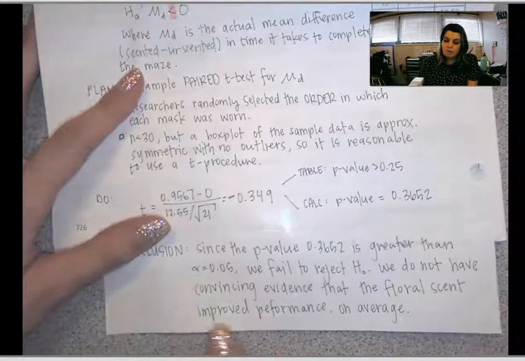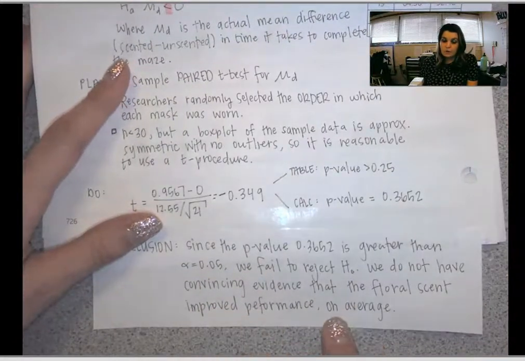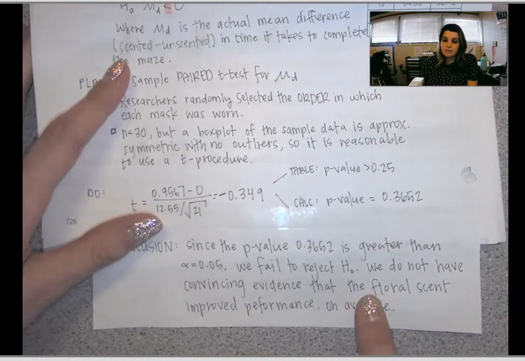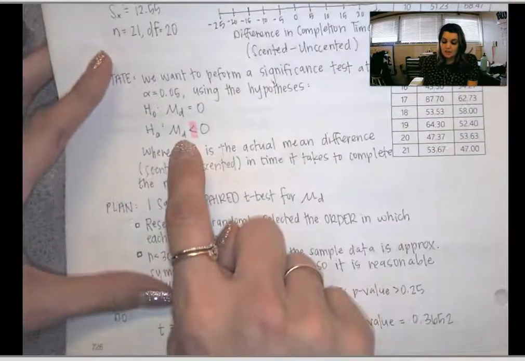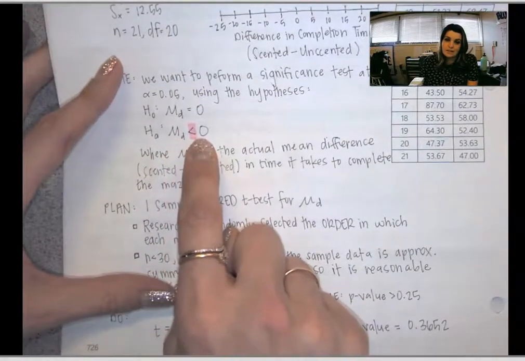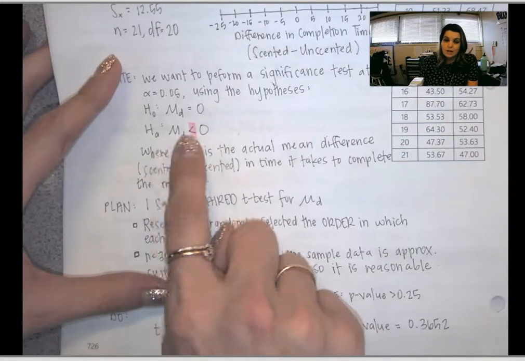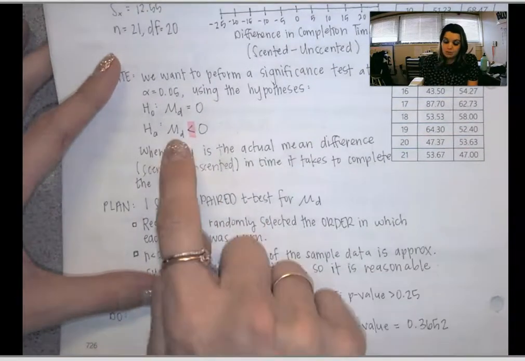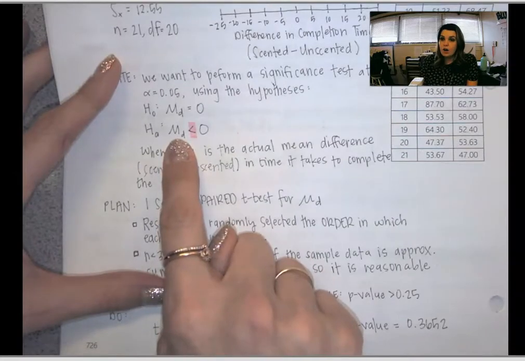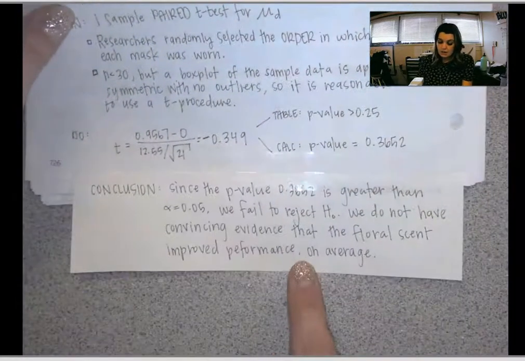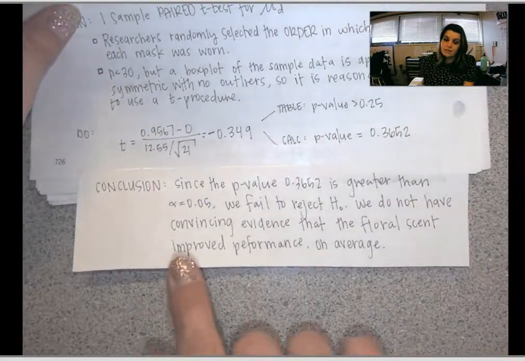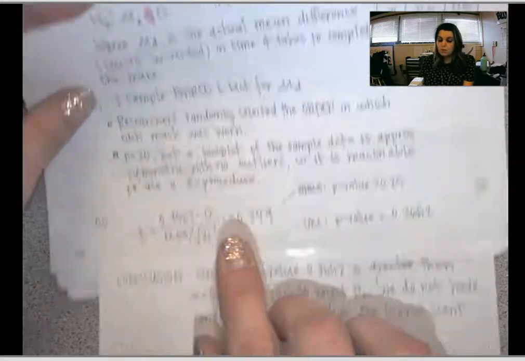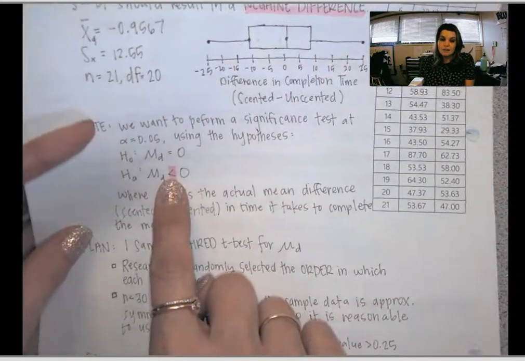And that's why I framed my answer the way that I did. You could also say we do not have convincing evidence that the difference in time it takes to complete the maze is less than 0. Either way, it has to be framed around the alternative and not the null. So you can say we do not have convincing evidence that the floral scent improved performance,